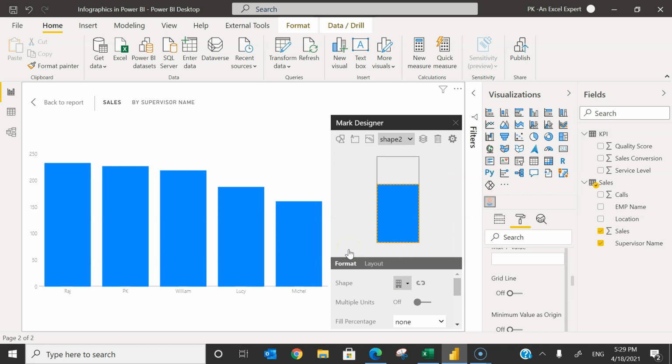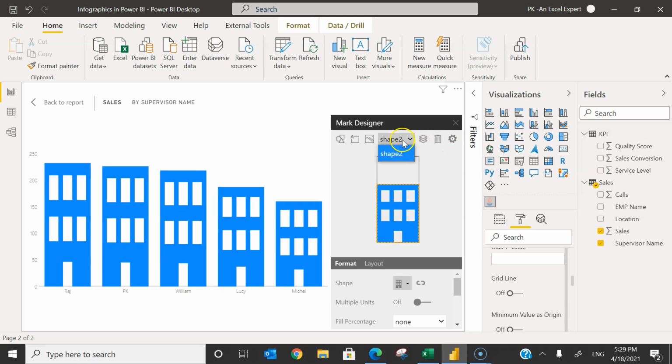You can take the same shape here. Now you can see we have two shapes. Shape 2 we just have added, shape 01, this one. So for this particular, just select this shape and click on delete element. Now that is deleted. Only shape 2 is there. You can see it is available on the chart also.